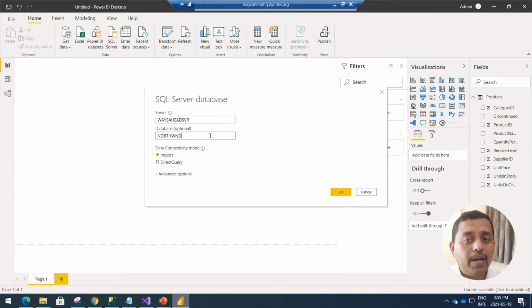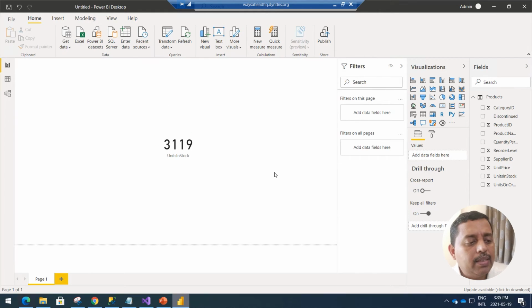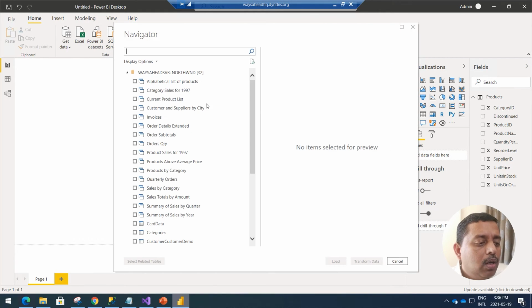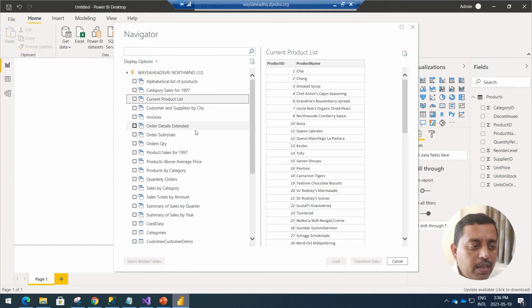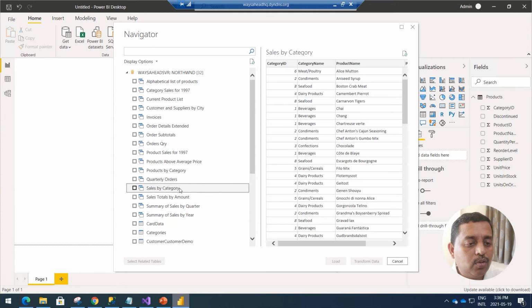Northwind. If I don't give the database, it will show me all the databases. If I give the database and I say OK, you can see there are two types of icons over here. The first type of icons are the views actually. So invoices, orders, quantity, orders query, sales by category. You can see sales by category is here as well.